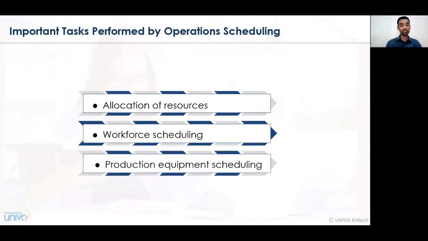And lastly, production equipment scheduling. When there is a change in technology, or in goods and services according to quality changes, then for that particular concern new techniques or machines need to be hired. So production equipment scheduling, that is the availability and requirement of equipment for producing or manufacturing the goods and services, is essentially important, and hence operation scheduling needs to be undertaken.